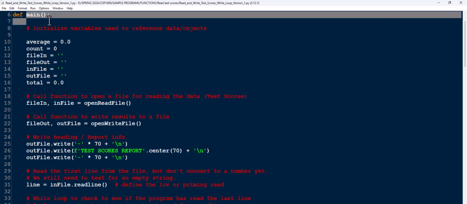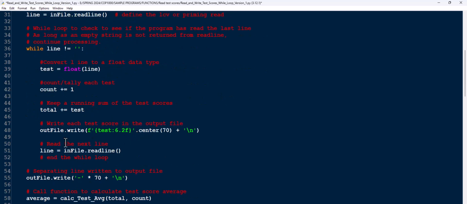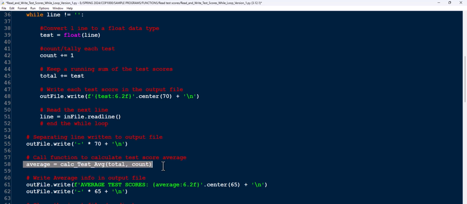The main function, the function to open the file for reading the data, a function to open the file for writing the data. So we want to be very explicit writing the results to a file. Then we have a function we're calling to calculate the average of the test scores